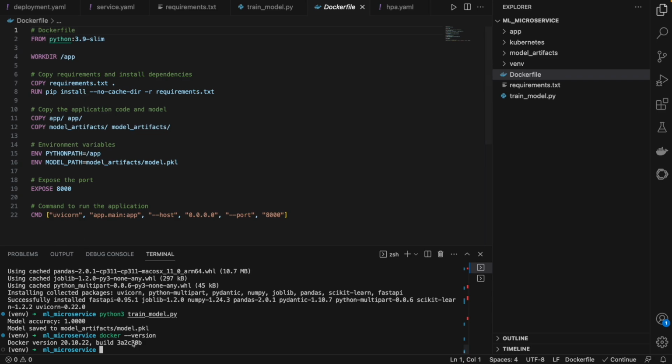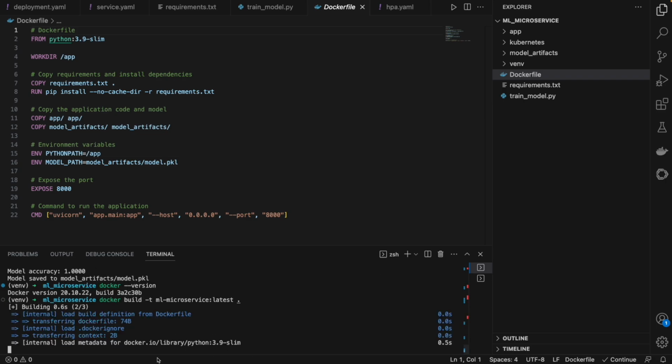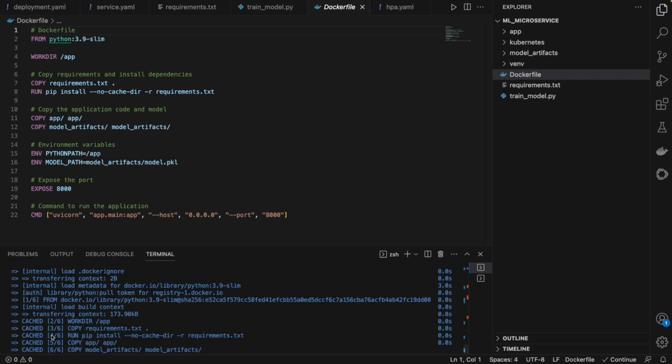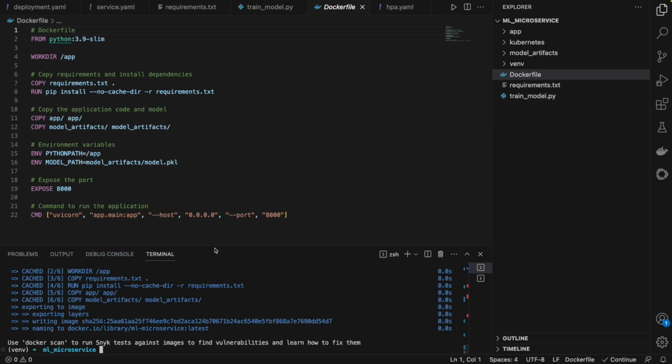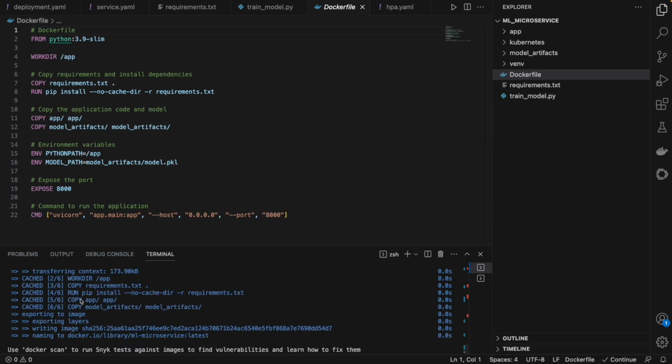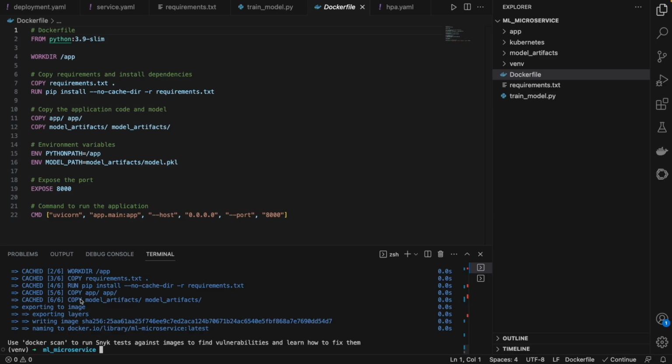So this is the Docker file, and now I will build the Docker image. For that, the command is docker build -t, then the name of the service that you want to create. I will write the name as ml-microservice:latest and a dot, so that everything in this project is created as a microservice. Just press enter. It shows it is creating the Docker image. All the steps that I wrote in the Docker file are cleared, and you see everything is in blue. That means the Docker image was successfully created.